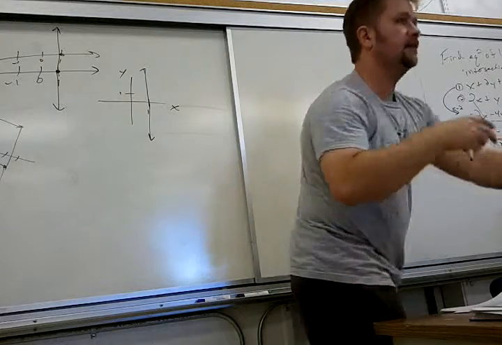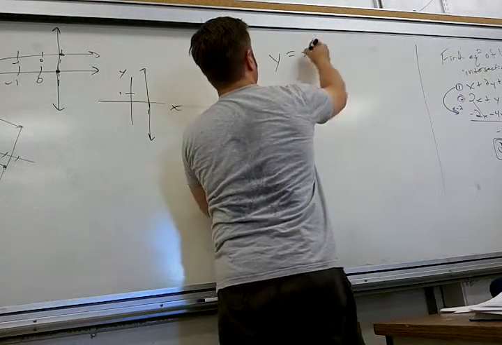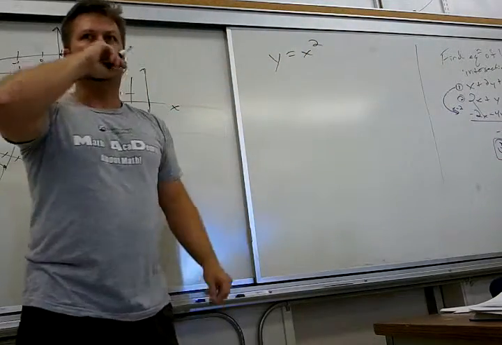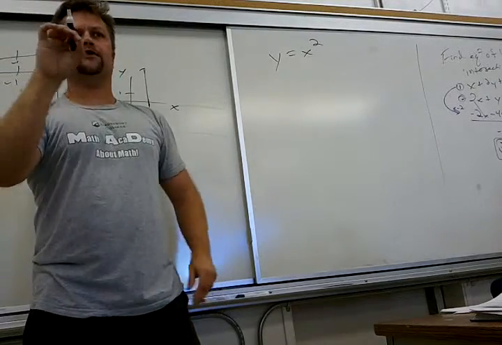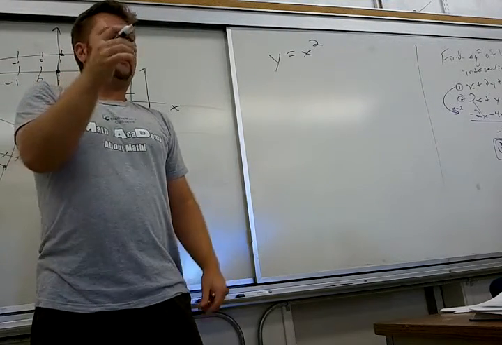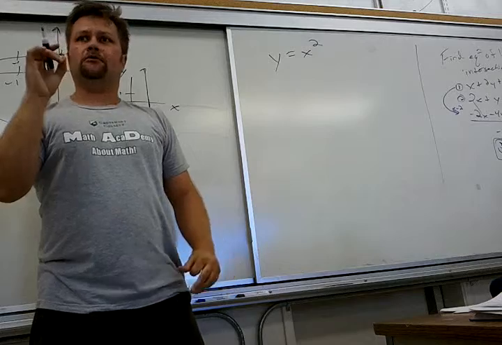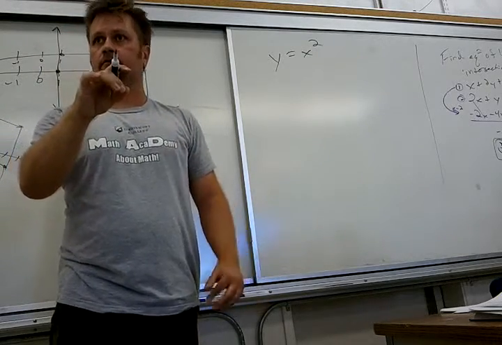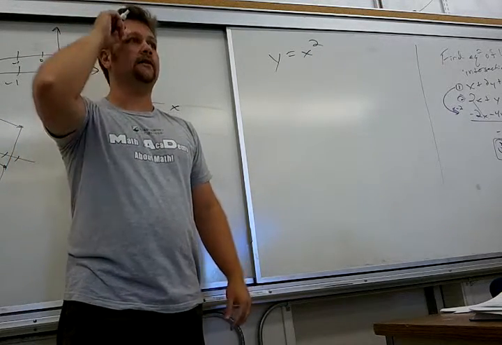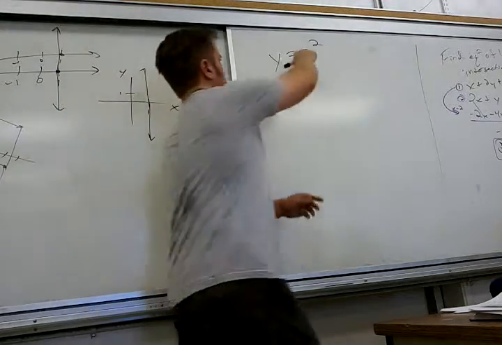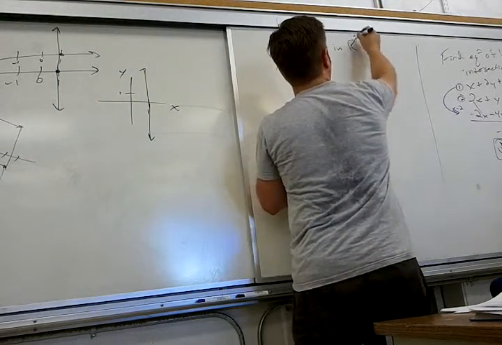So now you can extend this idea. If I say graph y equals x squared, of course, we all know what it looks like on the xy plane. But I'm talking about graphing it in R3. So the idea still extends. The idea is the same. So this in R2,